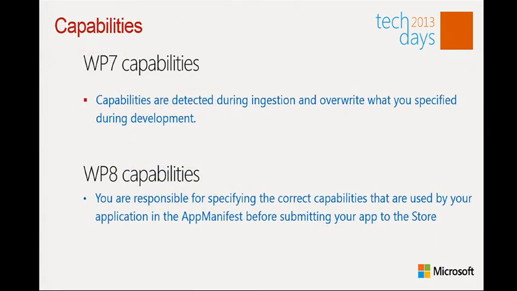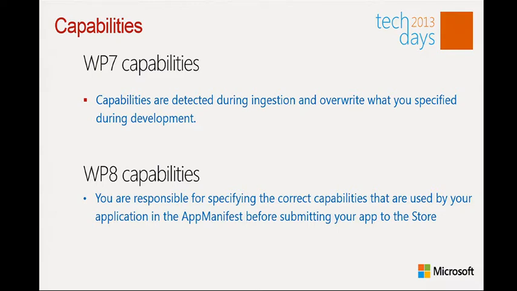There are some differences between Windows Phone 7 and Windows Phone 8 on capabilities. As a developer on Windows Phone 7, it was very easy. When I submitted my application to the store, it detected exactly what kind of capabilities you use in your code, cleaned it, and gave you a list of the exact capabilities you are using. Thus, it was easy for a developer to say, okay, I'm lazy, I don't want to check those things, I send it, and anyway, the store will fix it for me. But in